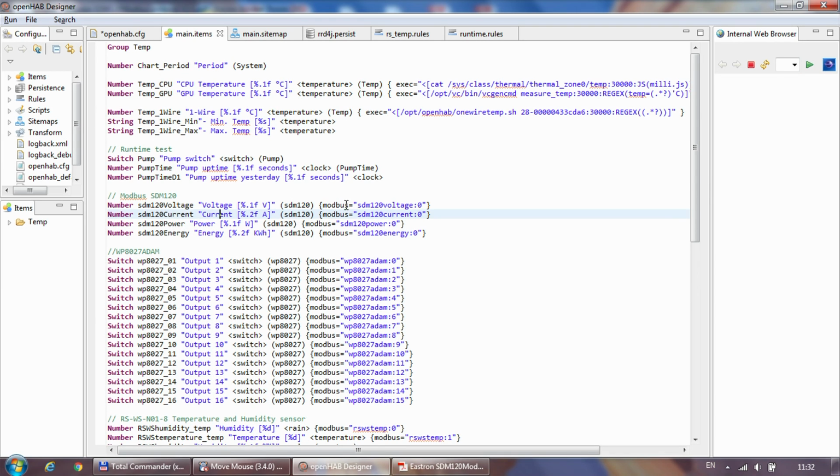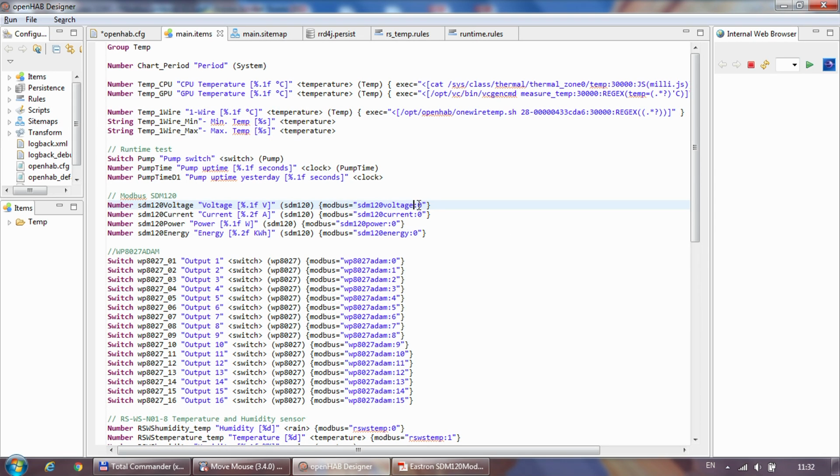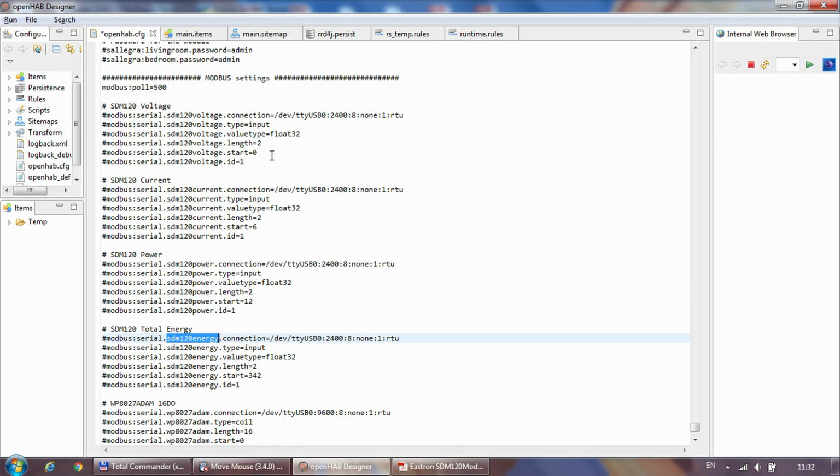And the next one is the Modbus. So the source is Modbus equals, and then you specify the ID, which comes from the config file. So it's this one, or this one, sorry, or this one. And :0, which means that it's the zero, the first register. So again, if you would set this length to, let's say 10,